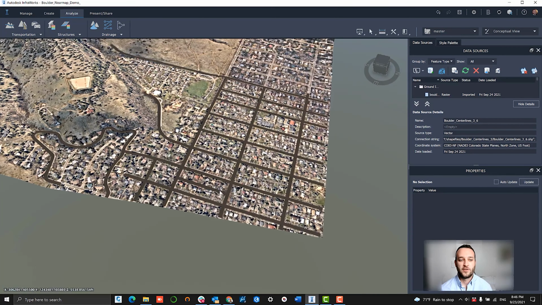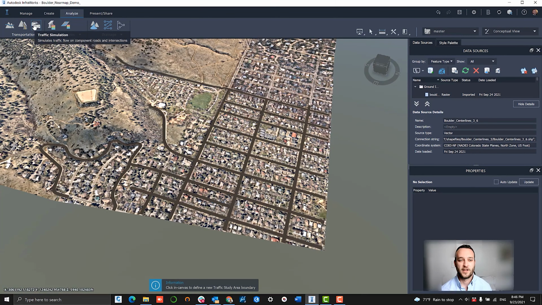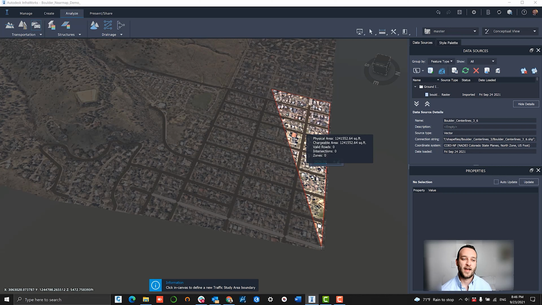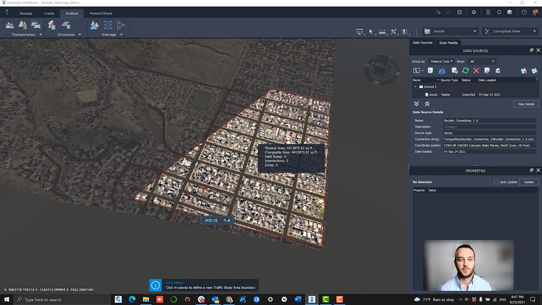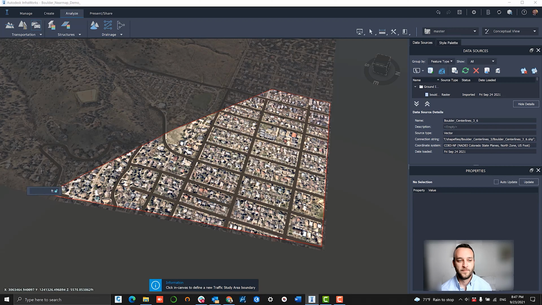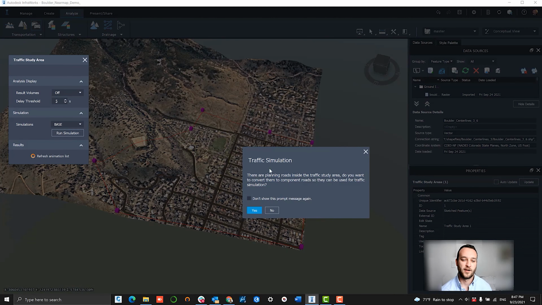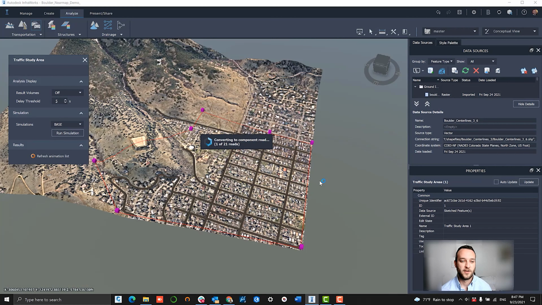In order for that additional functionality to get built into the roads themselves, to run these traffic simulations, it is going to automatically ask you if you want to convert these planning roads into component roads. And that will give you profile access, horizontal constraint access, and a number of other quantity estimate items as well. So we're going to run this traffic simulation to convert all of the component roads.